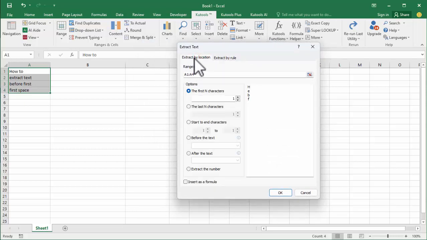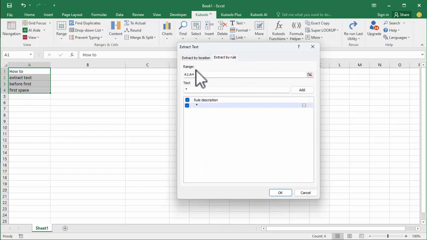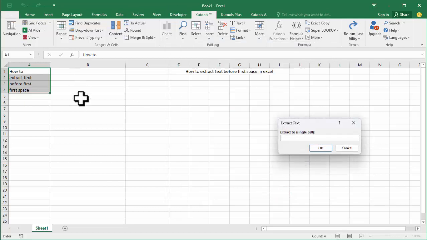Firstly you will see this interface. You click Extract by Rules. Okay, now I already selected this. Then remove this, remove here. Okay, press space and type, hold shift, press 8 for star. Now click Add, then OK, and you